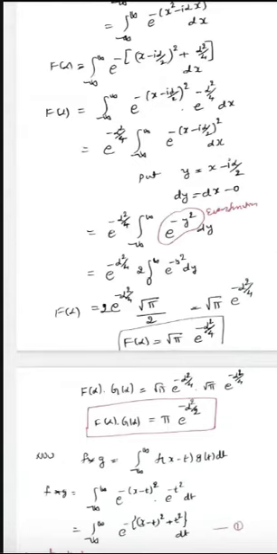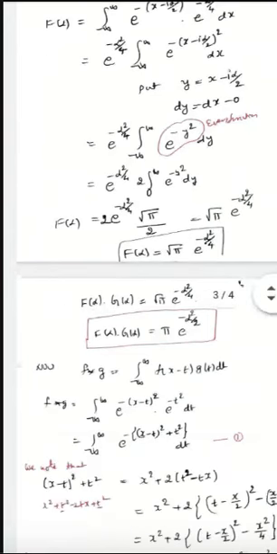From the convolution theorem, before we apply the convolution theorem, just find out what the convolution is. F star g is the convolution. That value is integration from minus infinity to plus infinity, f of x minus t g of t dt. So in the place of f of x minus t, I can write e power minus x minus t whole square. In the place of x square, I can write x minus t whole square. Wherever x comes, you can write x minus t. G of t, we have g of x, which is e power minus t square. So dt, e power minus x minus t whole square plus t square, with the minus taken outside, in the power.